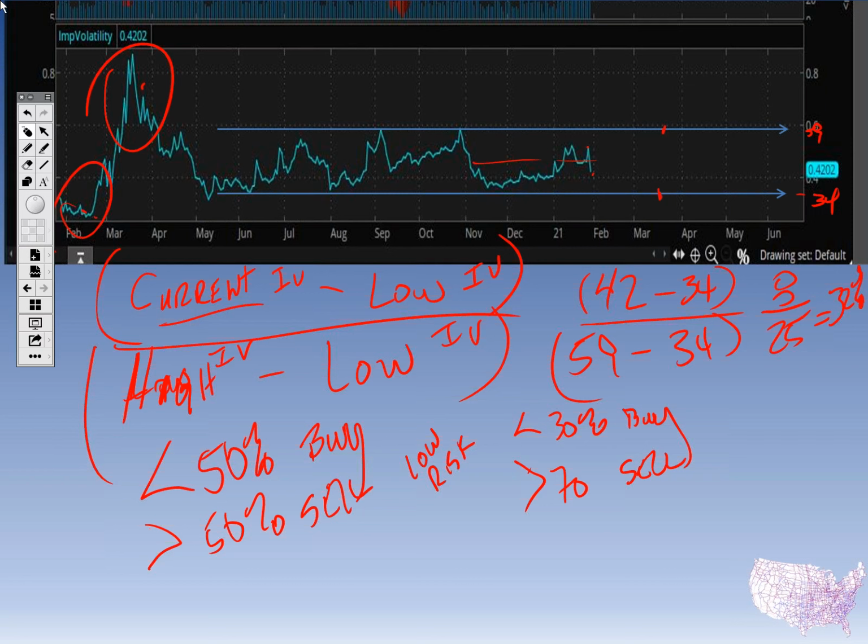And once it goes to 100, you would say, okay, those are the most expensive I've seen. Well, it can still go higher, and that's still 100%. That's a flaw in this mathematical equation. If it goes lower than the low, then that's still zero. Okay, it's going to be part of that. But we can see this would have been lower in a sense. If we got that move, yes, it would still be zero here, and it's still zero here. And if it keeps going down, it's still zero there.